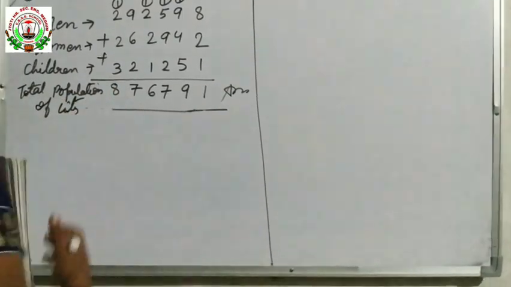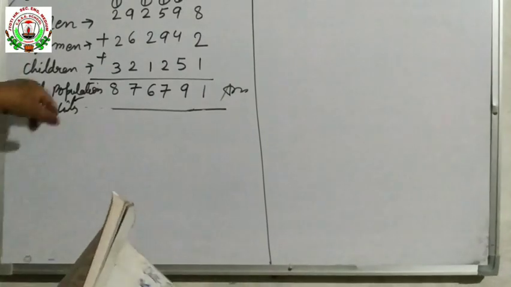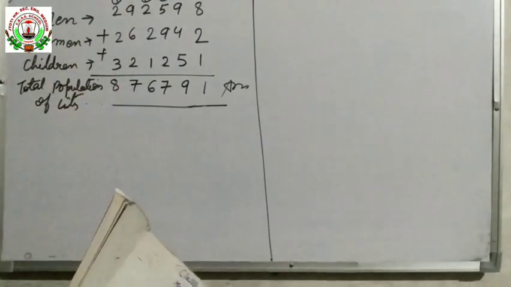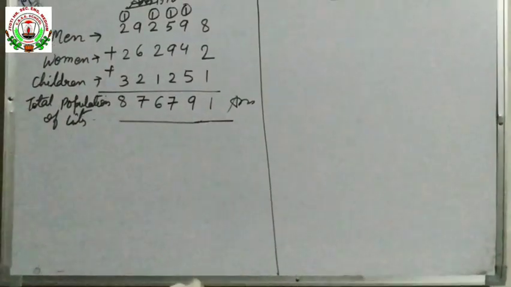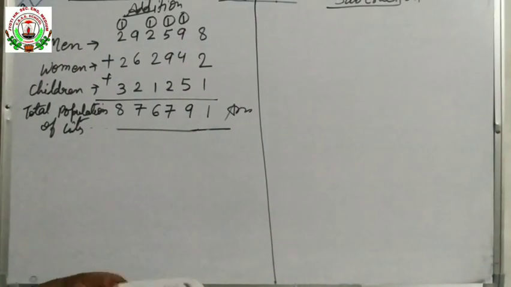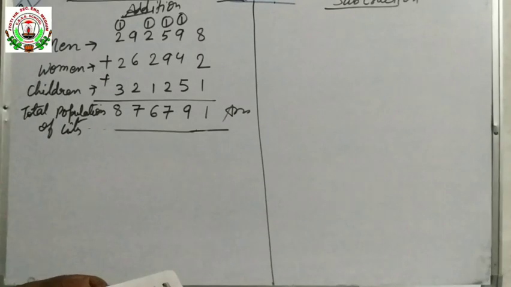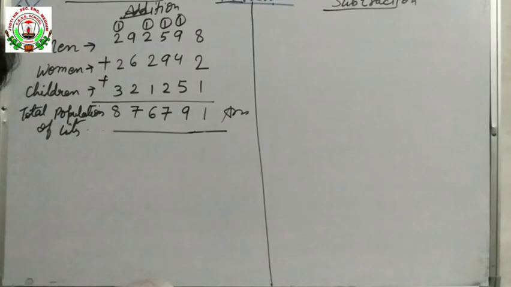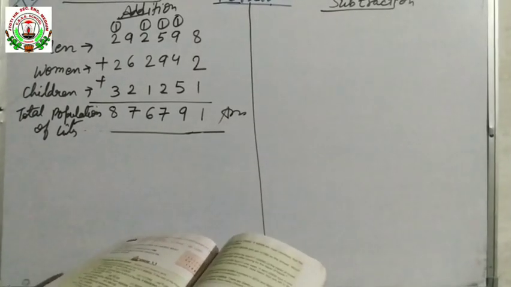Understood? So no need to write the sentences. You write vertically and add it and give the answer. Now other you will see subtraction word problem. Subtract the